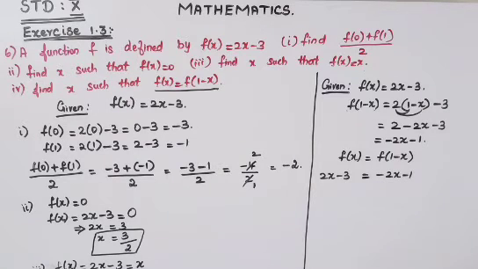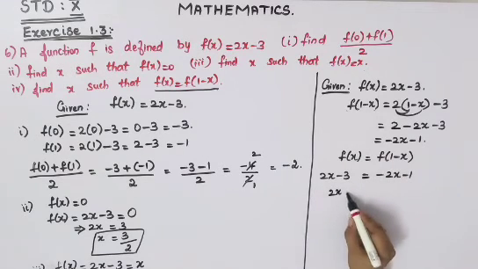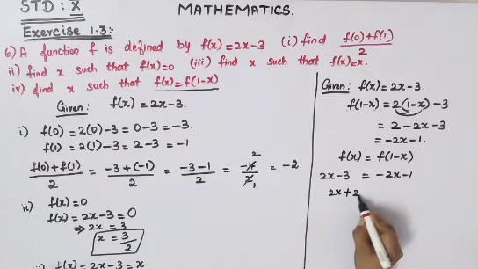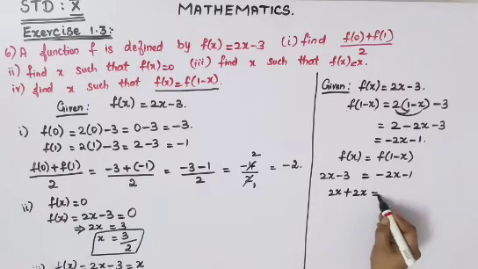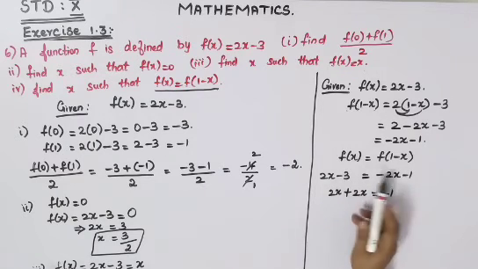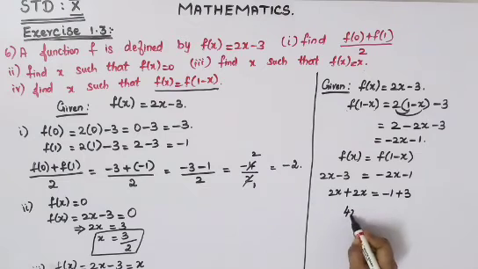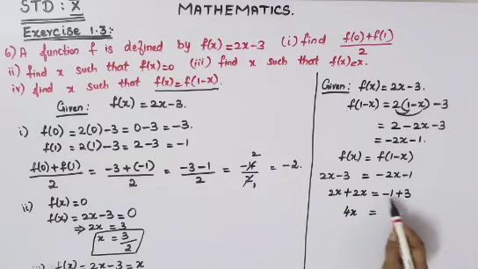Now you will have to find x from here. So solving, 2x will be there as it is. This minus 2x, bring it to your left hand side. So it will become plus 2x. Equal to, keep this minus 1 as it is there. Bring this minus 3 towards your right hand side. So it will become plus 3. Now plus 2x and again plus 2x, it will become 4x. That is equal to, here minus 1 plus 3 is there. So subtract and put the bigger number symbol. Subtraction, you will get 2. Bigger number symbol is plus only.